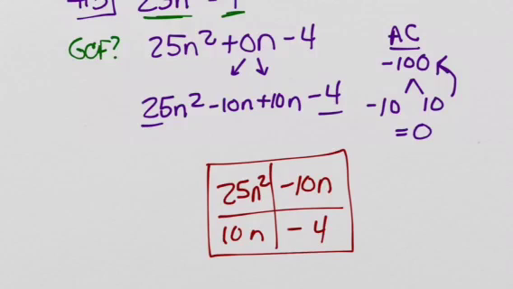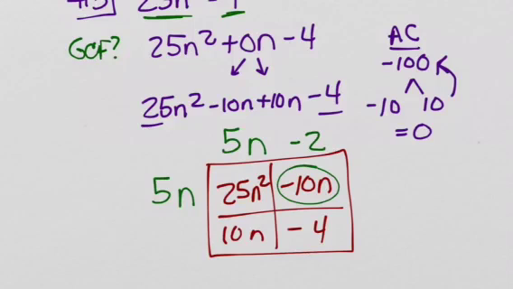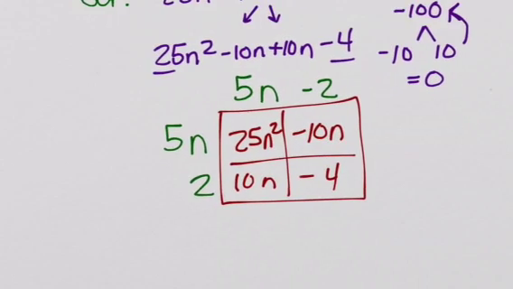But here's my box, and so I want to pull out everything that they have in common. So I know that this is going to be an n times n to get n squared. And when I look at 25 and 10, maybe they have like a 5 in common, which would make this also a 5. And then how about maybe a negative 2? Yep, that would give me this negative 10n here. And how about a positive 2? So it looks like with this guy, I had 5n minus 2